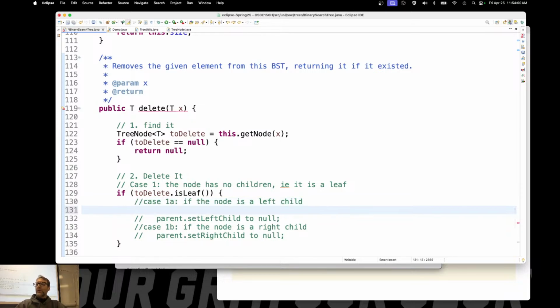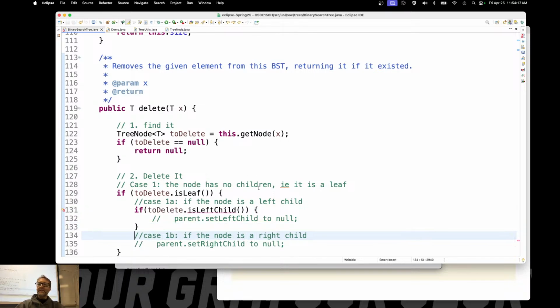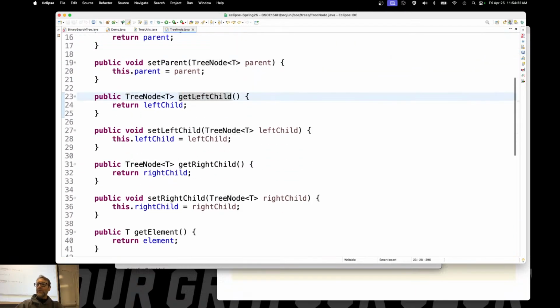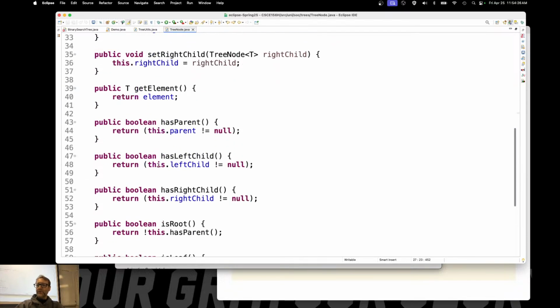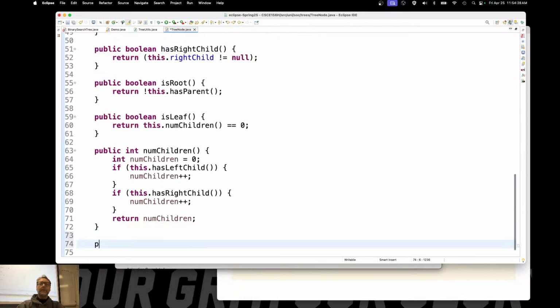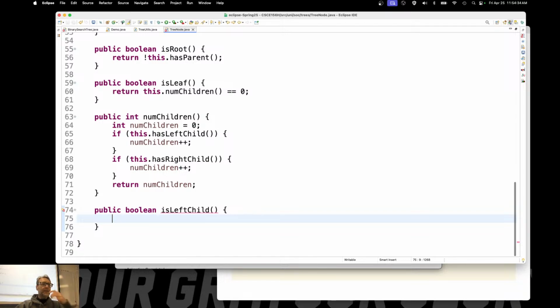How do I determine if the node is a left child? That'd be a great question to ask the node. Is left child? It doesn't exist. But if it had existed, that would have been easy, right? Well, let's make it exist then. Let's go back to our tree node class here. And I'm not going to say get the left child or you have a left child. Am I a left child? Public Boolean is left child. Let's put the logic to that in here. Now that means that I'm going to have to go to my parent and ask, am I